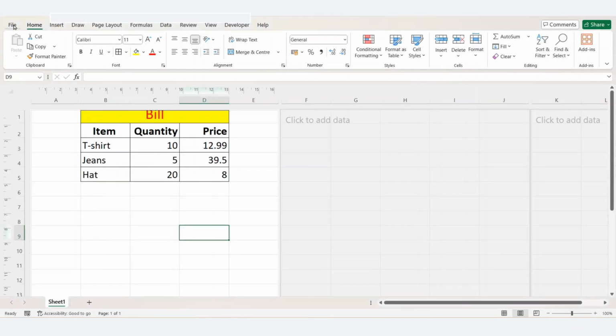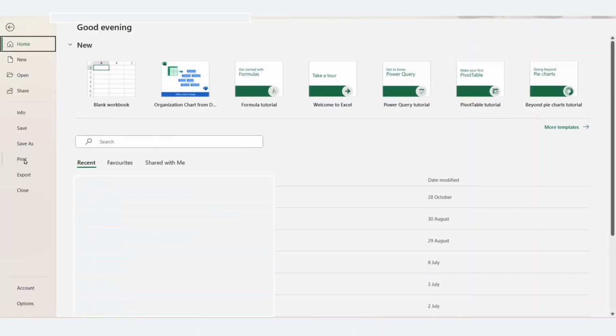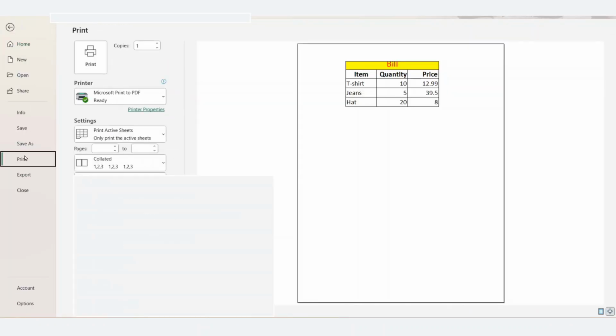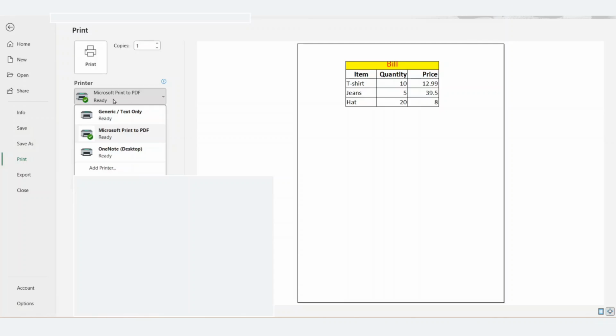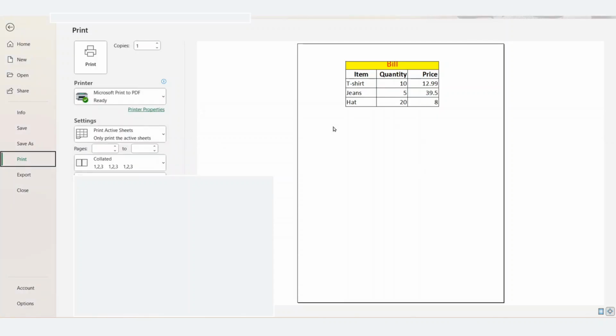Method 2. Go to File, click Print, choose Microsoft Print to PDF or Save as PDF on Mac, then click Print, choose the file name, and select the location to save. Both methods let you pick pages and change quality and are useful if the Save As option doesn't show correctly.